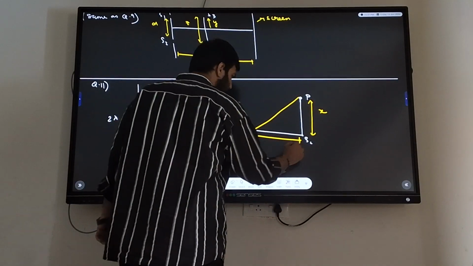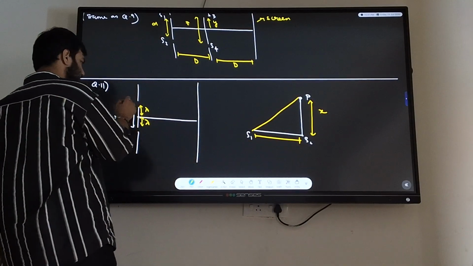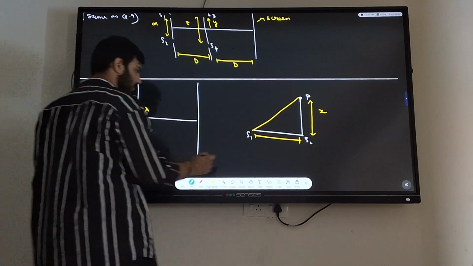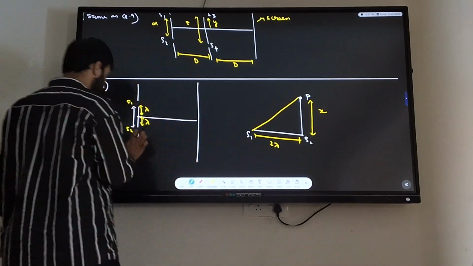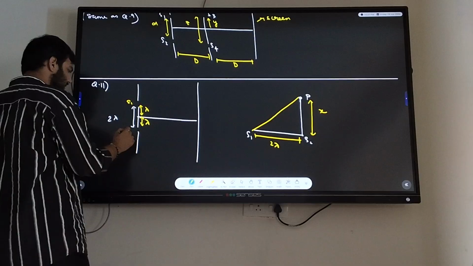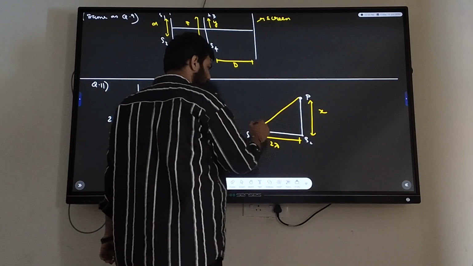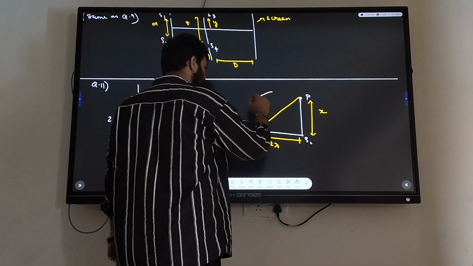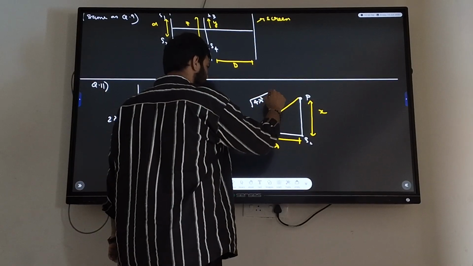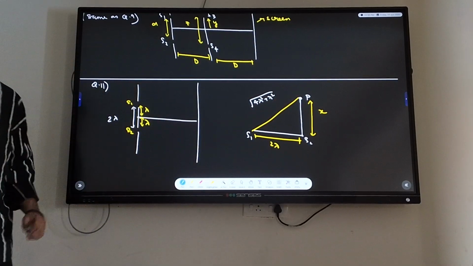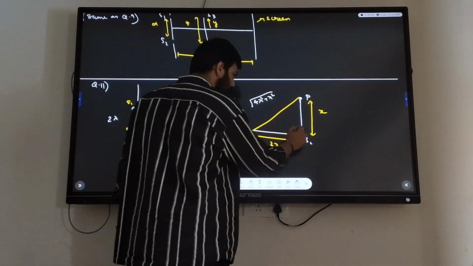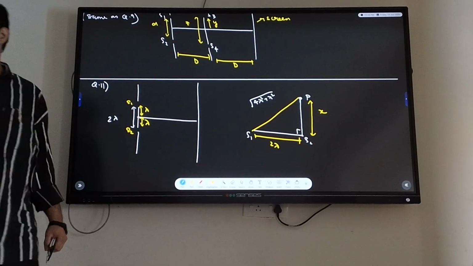And this S1 S2 length is given to be 2 lambda. What is S1P? That's the square root of 4 lambda square plus x square. Anyways, this is given to be a perpendicular. What they are asking is